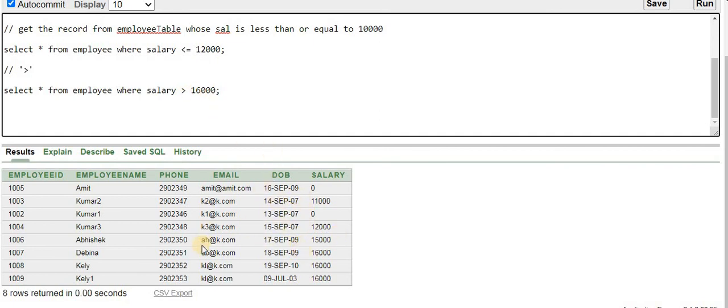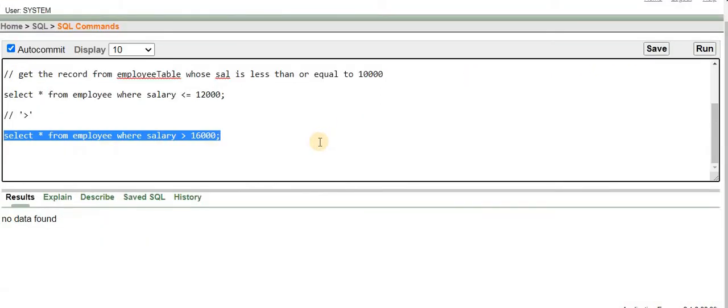It will find that no record is available whose salary is greater than 16,000. In that situation it will return no rows found. So let us run this condition. You can find here that it is returning no data found.